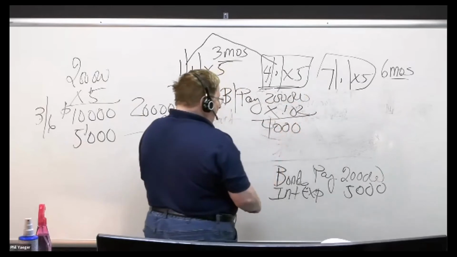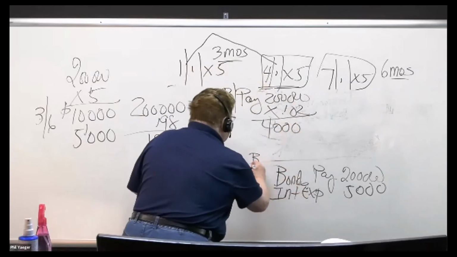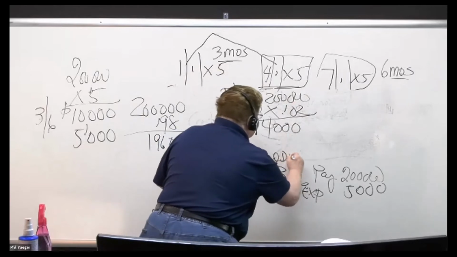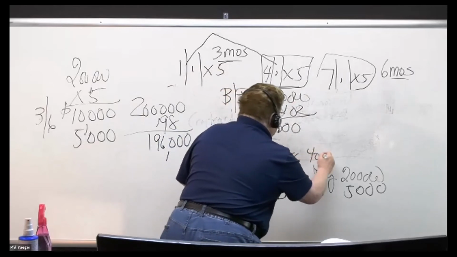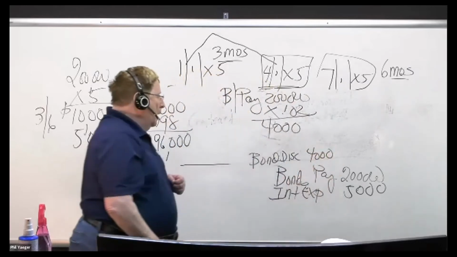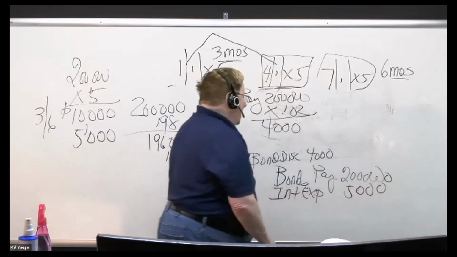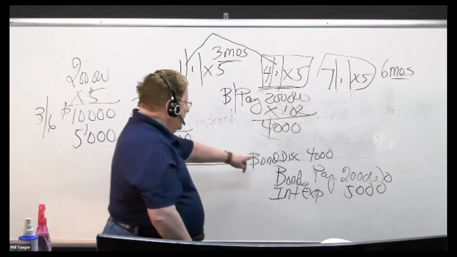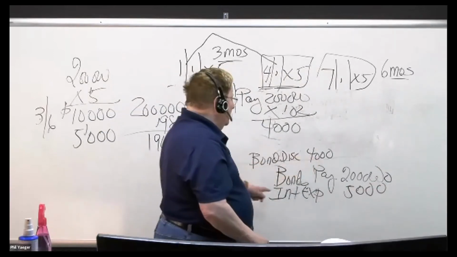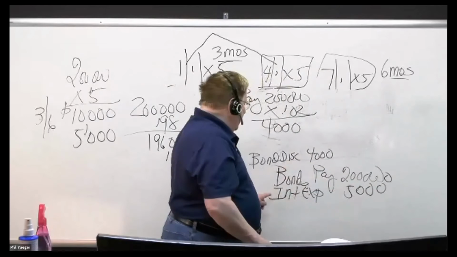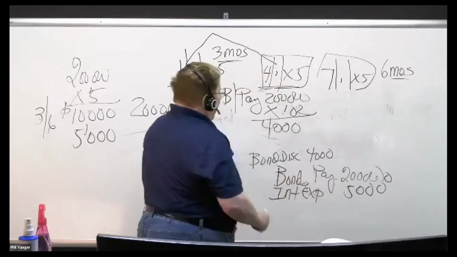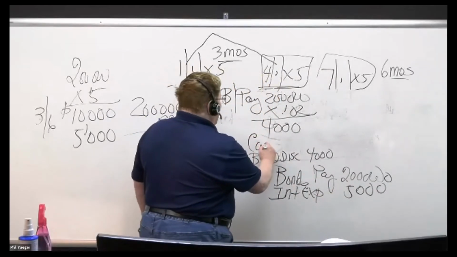So we'll have a debit to bond discount for $4,000. Now, what's going to be the proceeds of the bonds to the corporation? It's a debit to bond discount of 4,000, bonds payable is 200,000, and they credit interest expense. I get a debit to cash of